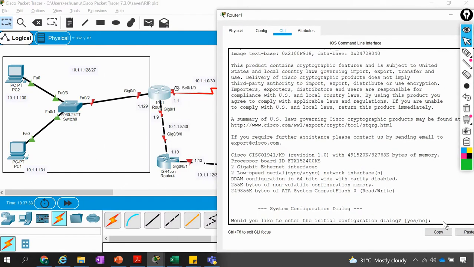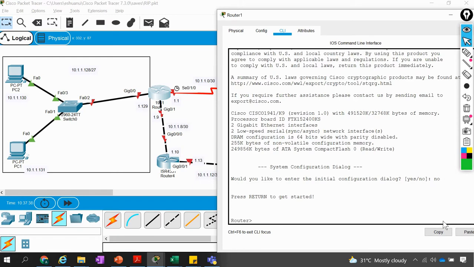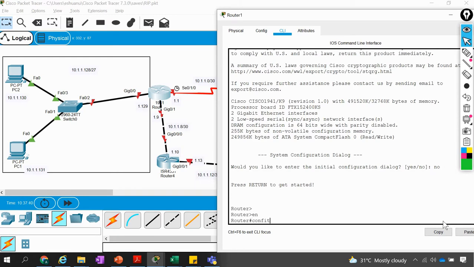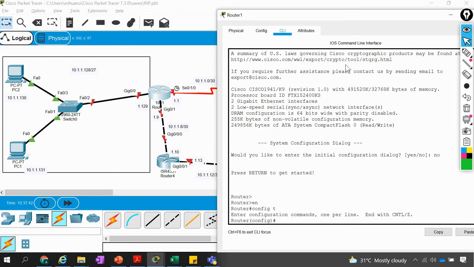So let me show you first. Enable, config t. I'm going to interface S0/1/0.